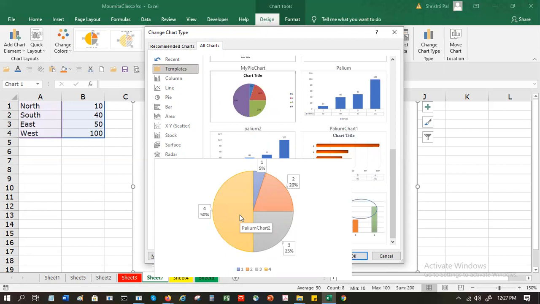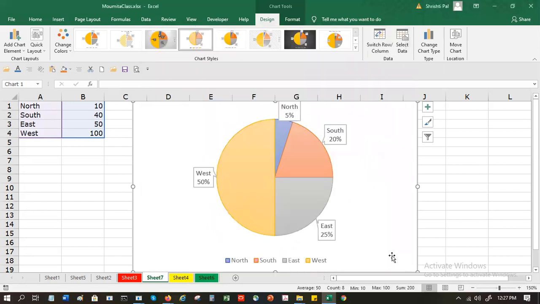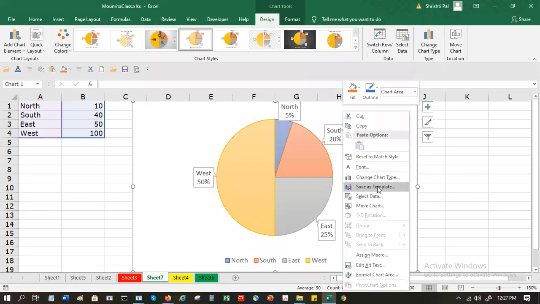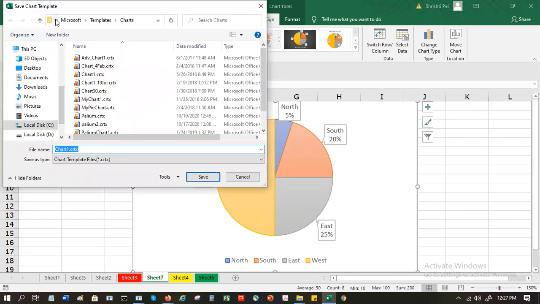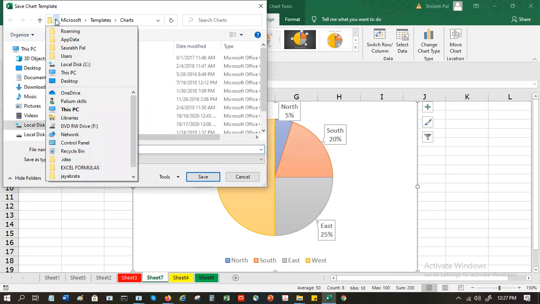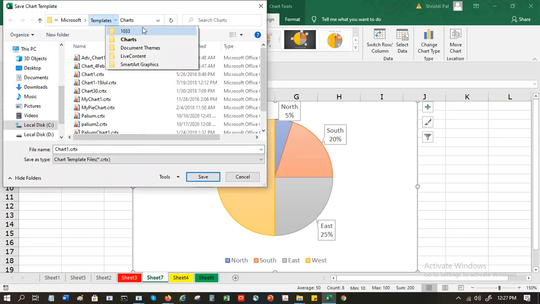So which folder am I supposed to save it in? If you right click here, you will get save as template. Then only I can see it under template. Otherwise, if you remember the path, it's good. But who remembers so much stuff? So you just have it here, so you can just save under it.